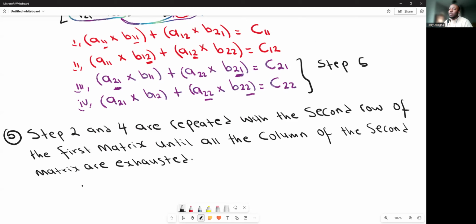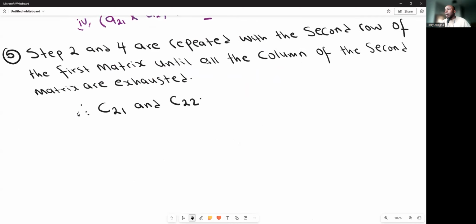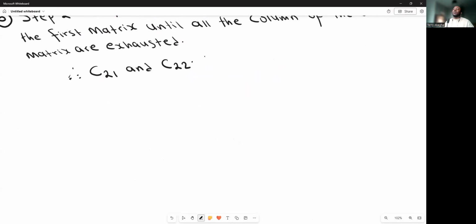So basically, the way we got C21 and C22 is how you do it, okay? So that is the 5 rules, okay? With this, we can now get the resultant matrix. So we can now say that after you're done with the 5 steps, you now notice that the resultant matrix now